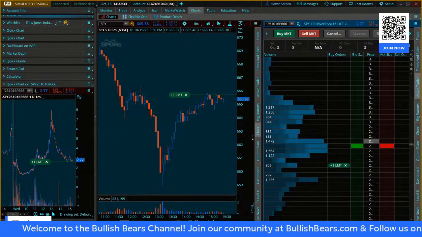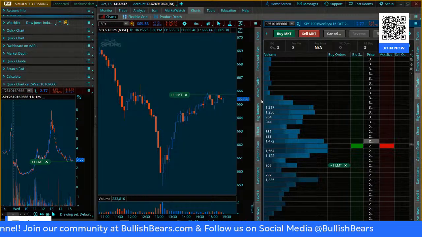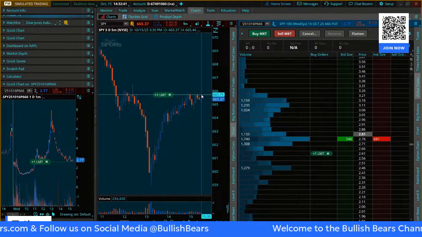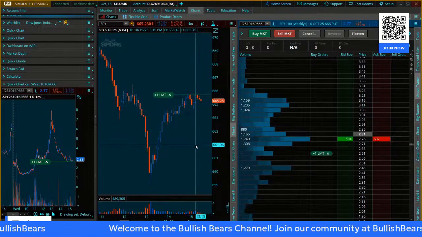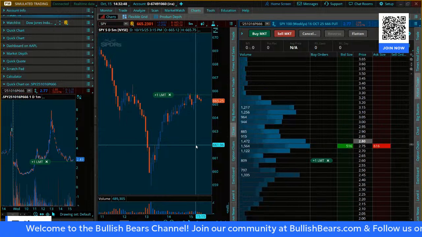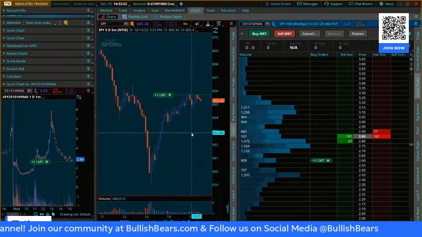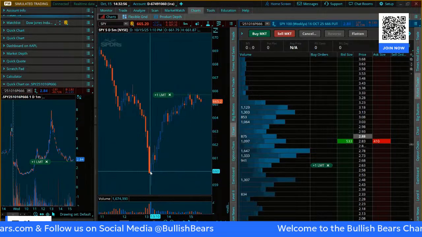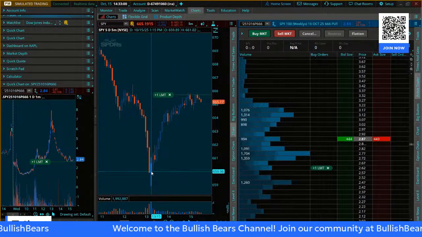So once you're in, I don't know if I want to let this fill or not. I mean, it's paper, so who cares? But I want it to fill so that I can show you. You can layer your exits on there too, so that you have a pretty good idea of what your exit price should be to match something like this 660 low. I mean, that's pretty handy if you're working a day job and you can't sit there and watch